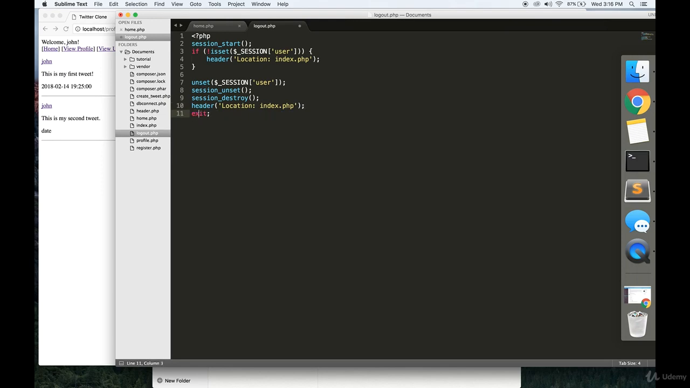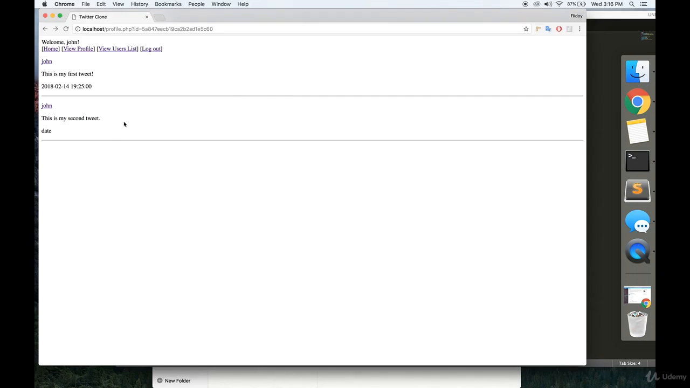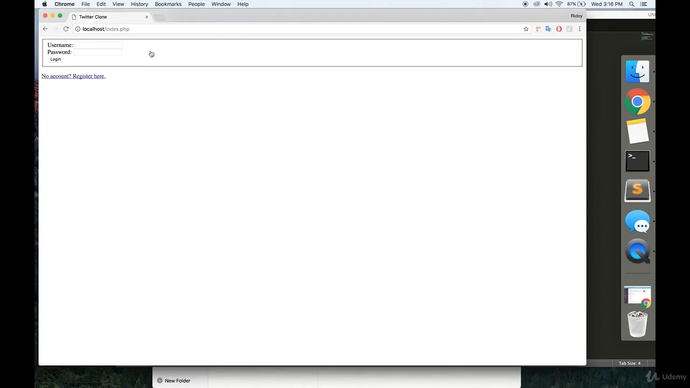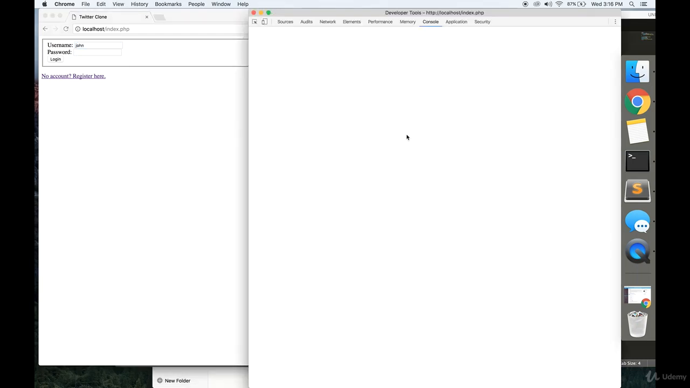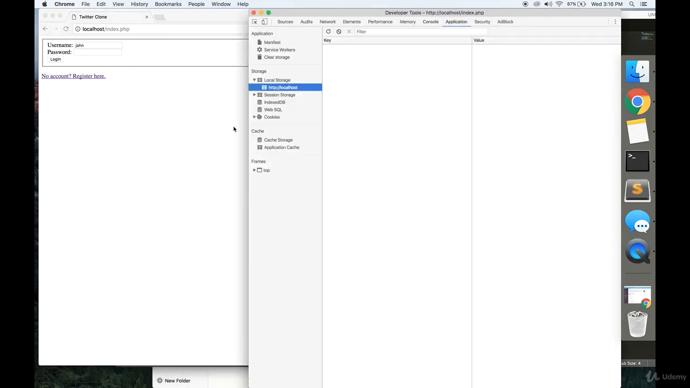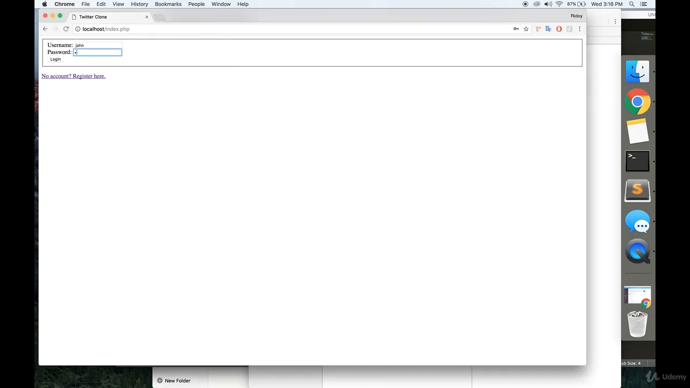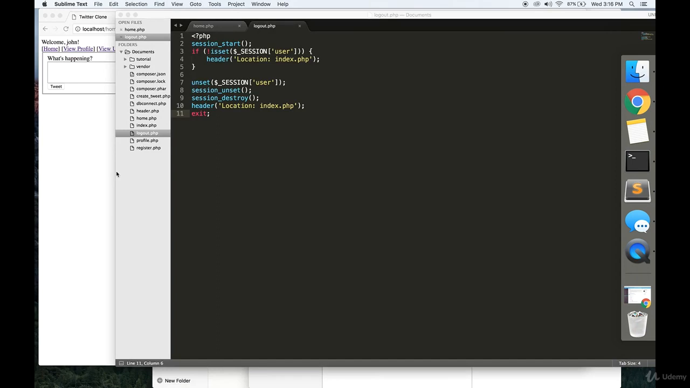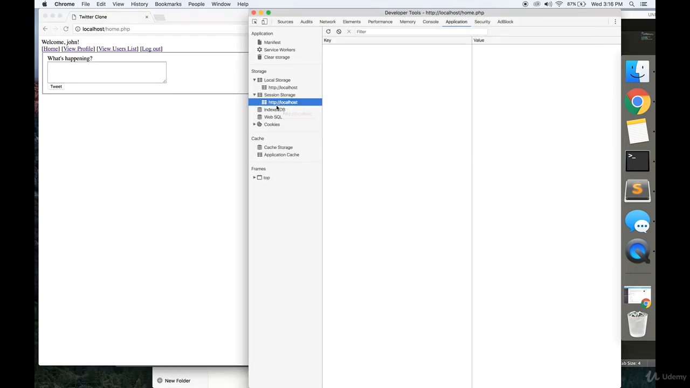If I can spell that right. Exit. Alright, now let's test it out. If we click log out, great, brings us back. And if we check in here in our session storage, you'll find that there is no session variable here, our user variable. Whereas if we sign in,